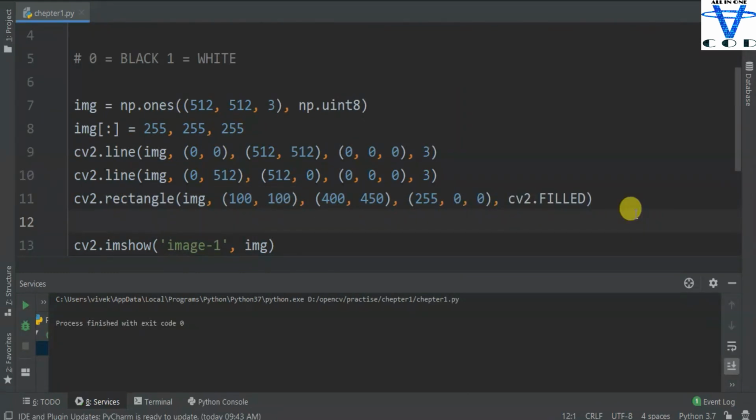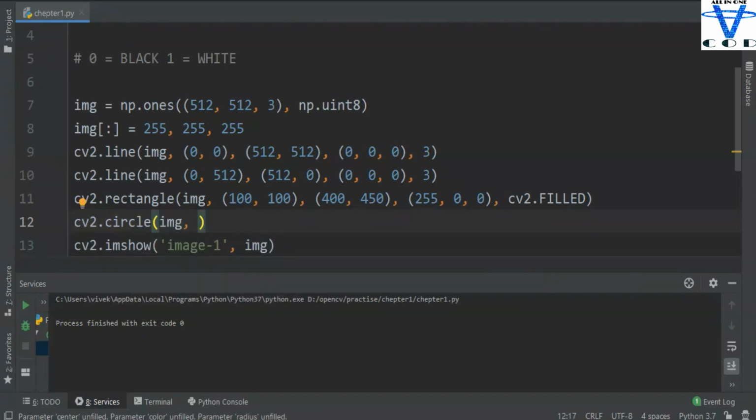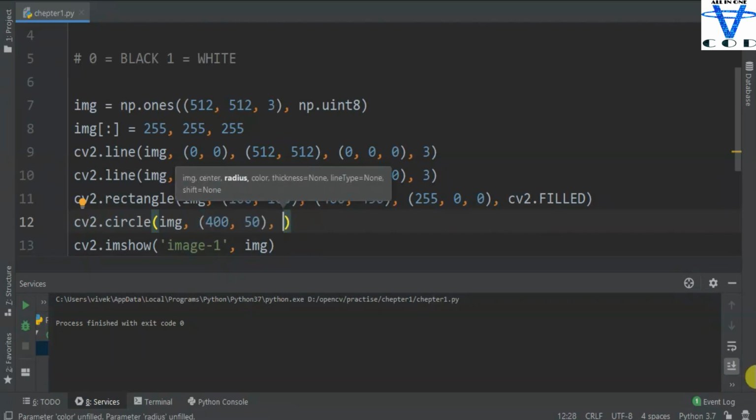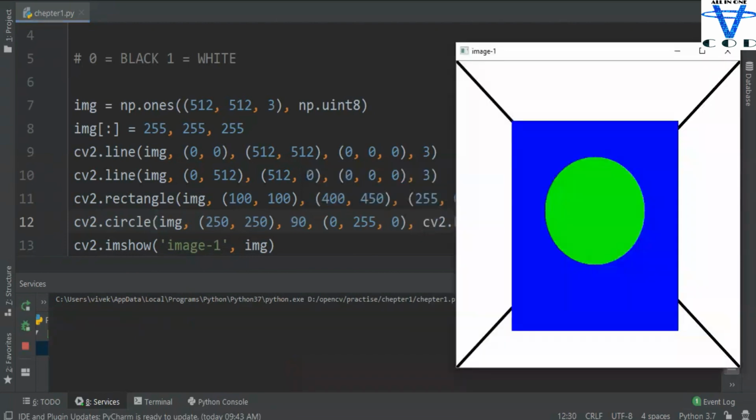So you can draw a circle. Just use cv2.circle. The first one is img, the second one is center, the third one is the radius of the circle, and the fourth one is color and thickness. So we have to add the center point of our image where you want to draw a circle, and then the radius of the circle means how big you want your circle. Let's pass 30, and then color and thickness. I'm not going to pass the thickness, I'm going to pass cv2.FILLED because I want my circle filled with color. You can see I just created the green circle because I passed 0, 255 and 0, and I set the radius equal to 90. That's how you can create the circle using OpenCV in your own image.